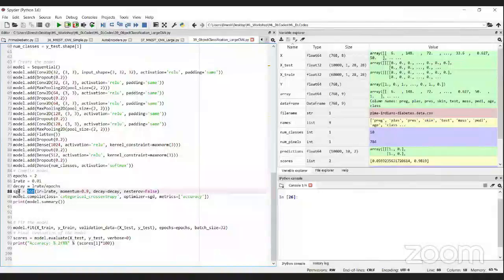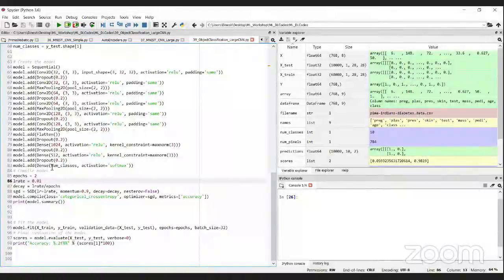I use the same thing here. The learning rate is initially set to 0.01, and as the number of iterations increases, the learning rate becomes smaller and smaller. I'm dividing it by the number of epochs, so the learning rate decays over the epochs.